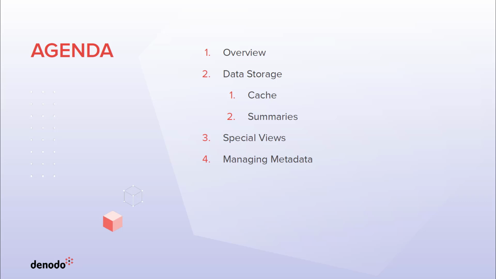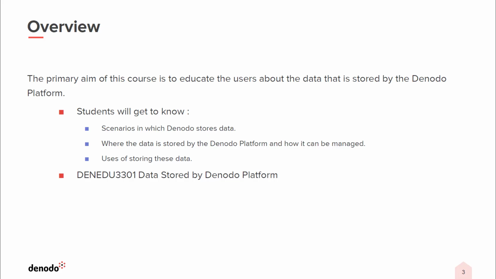Finally, we will end the course by learning about the various options such as tree view, used by, source refresh, changes propagation, and data lineage, which Denodo provides for metadata management and the security mechanisms to protect the data and metadata at rest. The main aim of this course is to get a deeper understanding on what and how data is stored and managed in Denodo.